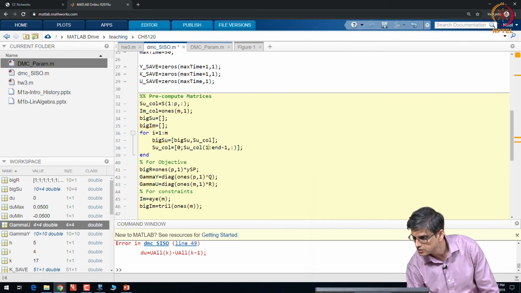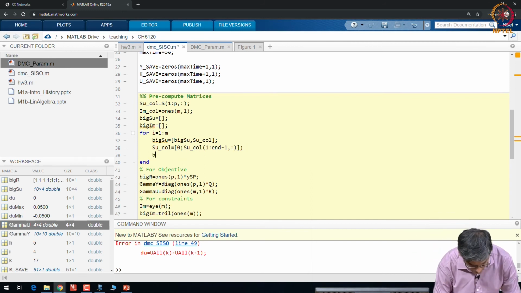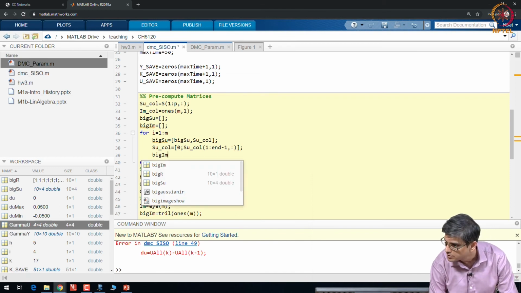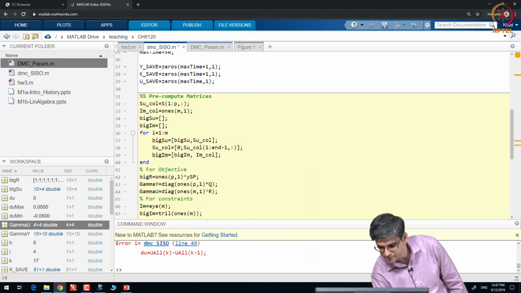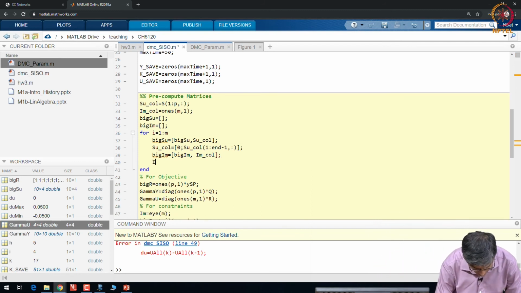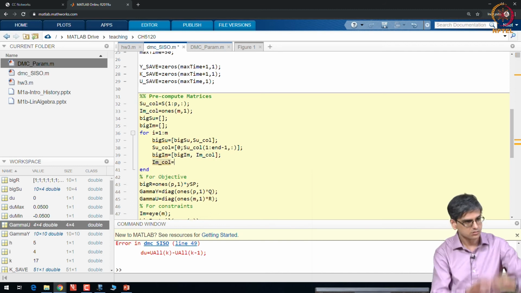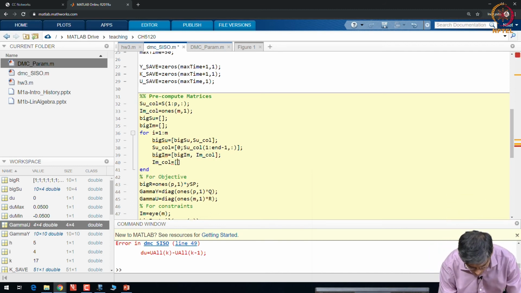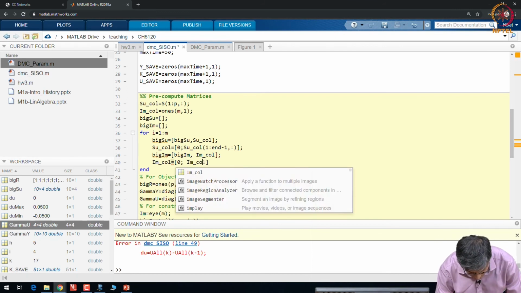Big Im will be very similar to big SU, big Im equal to big Im comma Im call, and Im call is again shift down 0 comma Im call 1 to n minus 1.